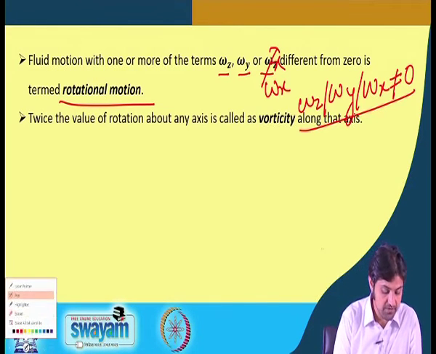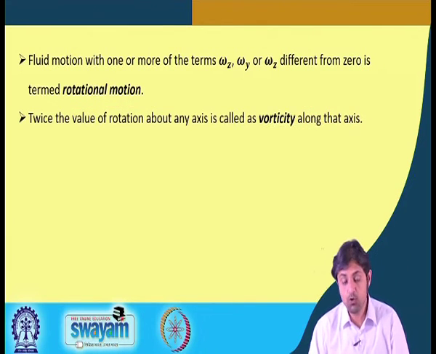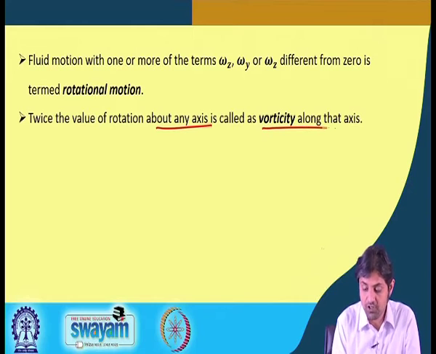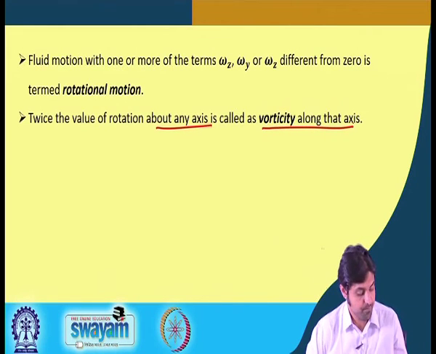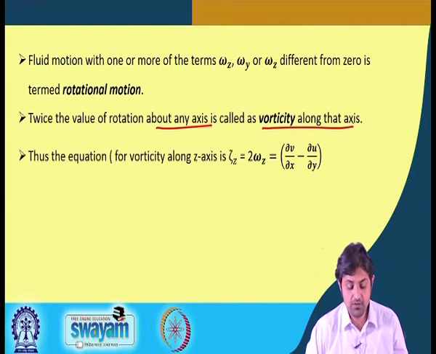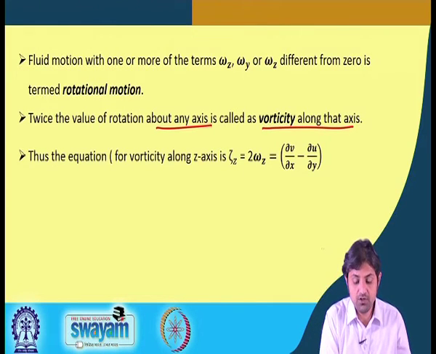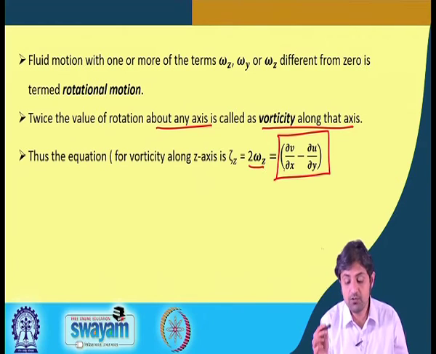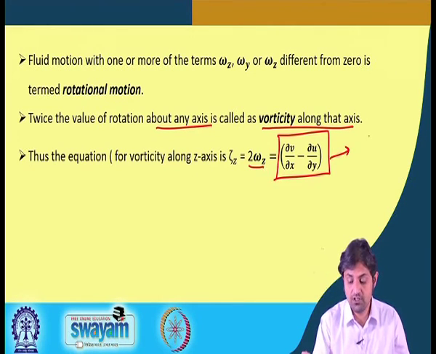So, twice the value of these omegas about any axis is called the vorticity along that axis. Okay, you must have heard the term vorticity. Thus, the equation for vorticity along z axis is 2 omega z is equal to. So this is, if you remember, the omega z was half times this thing. So this is the vorticity along